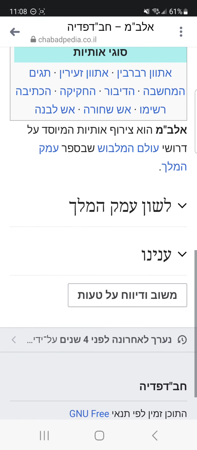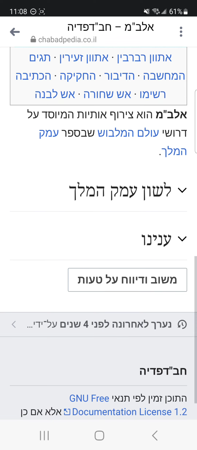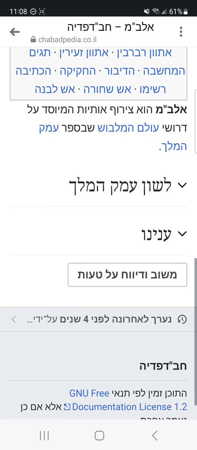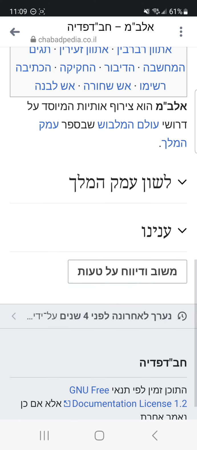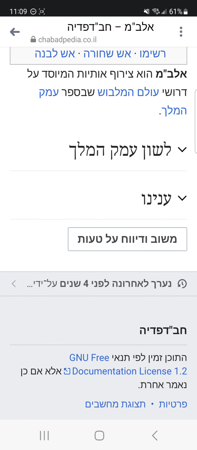Kinds of letters, Sugei Otiyot. Great letters, small letters, crowns, the thought, the speech, the engraving, the writing, the imprint, the black fire and the white fire. Albam, Aleph Lamed Bet Mem, is a combination of letters that is formed on the expoundations